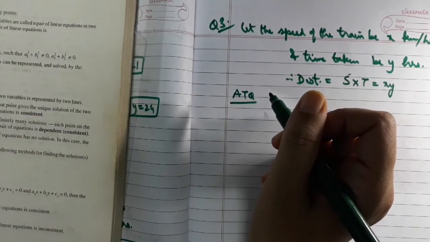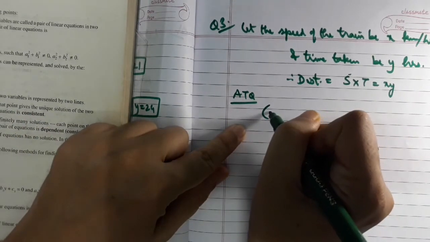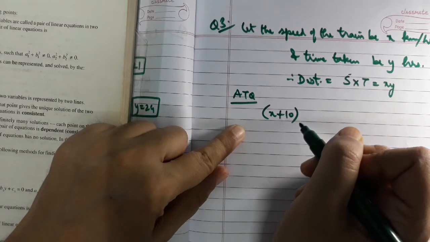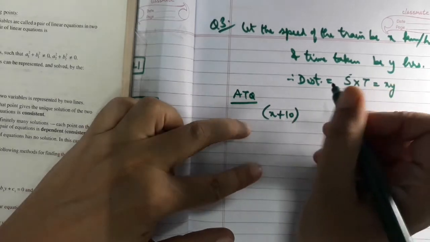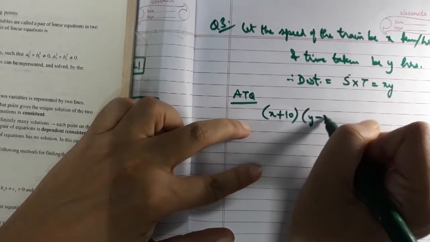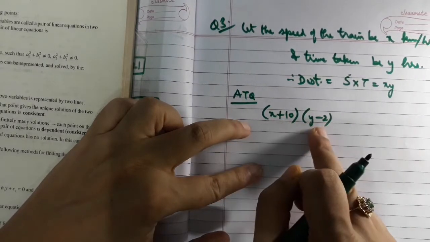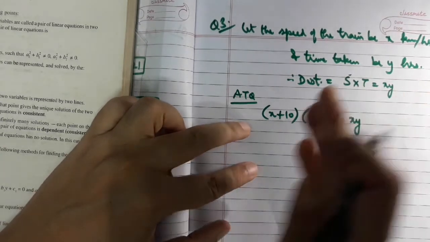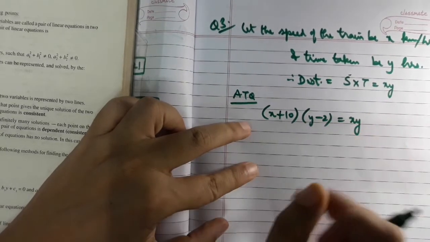Now over here it is said, if the train were 10 kilometers per hour faster, so initial speed is x. If it is faster by 10 kilometers per hour, means the speed is more. So the new speed is x plus 10. Then it would have taken 2 hours less. So this is the time taken and the new time taken would be 2 hours less. So new speed into new time taken would be equal to the distance. Distance would be the same, whether the train is traveling faster or slower, the final distance is the same.